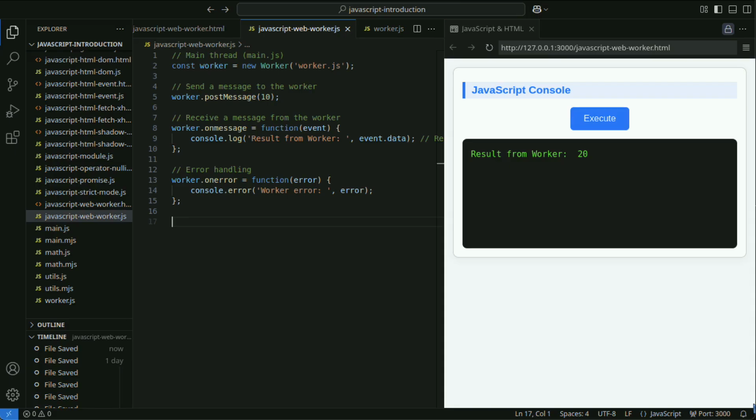This code demonstrates the basic mechanism of using a web worker to request computation from the main thread and receive the result asynchronously. It sends 10 as a message to the web worker and receives 20 as the result message. The main thread and the web worker communicate by sending and receiving messages to request and receive processing results.